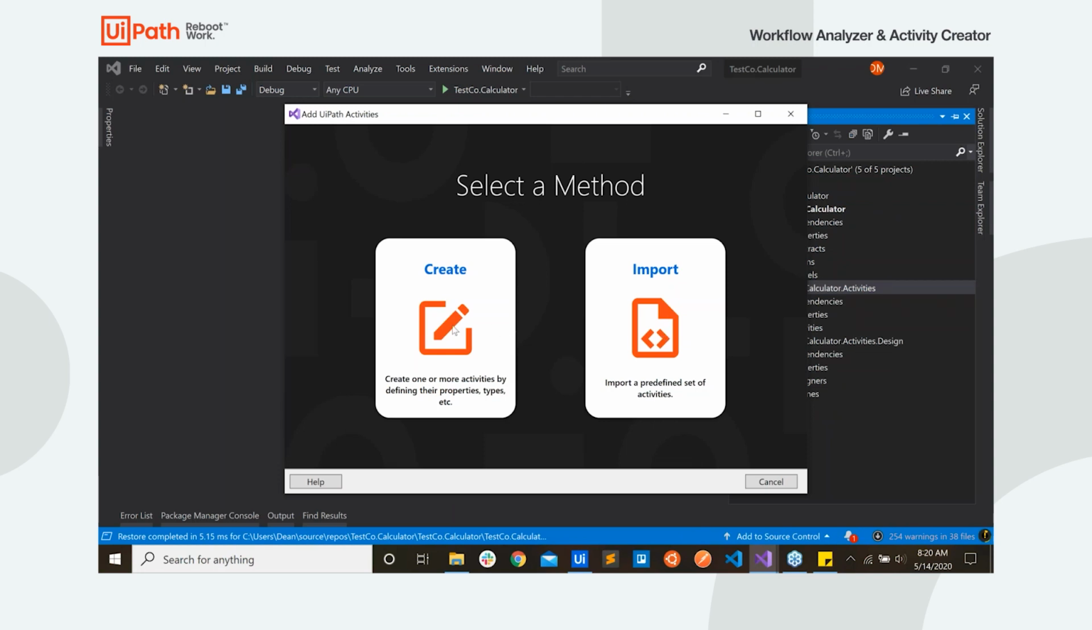We have two options here, create from scratch and import. We're going to go through the manual method of creating by scratch, but at any point while you're doing this, you can export a JSON file with an